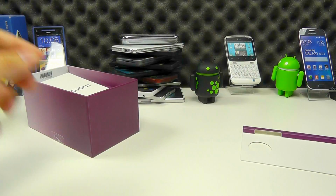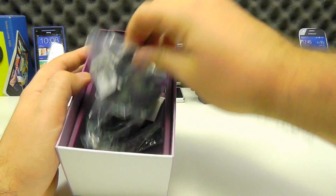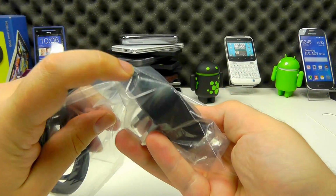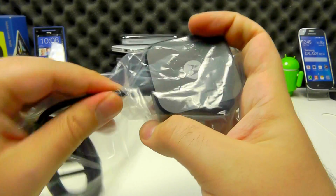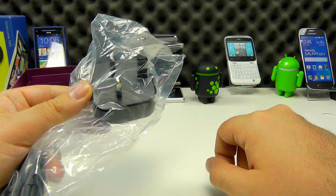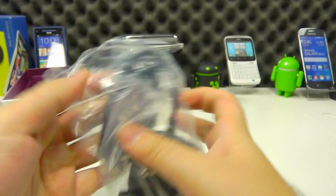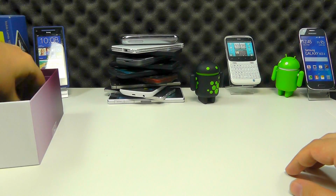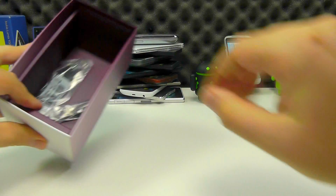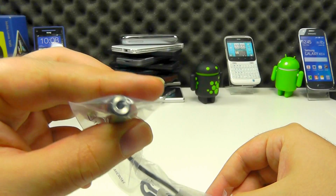So off with that one, and over here, rest of the content, paperwork, quick start guide and all the rest of it. Here is the turbo charger. So Moto are providing a hardwired charger, so that's not a separate USB cable. This is wired directly into the plug head. 3-pin for the UK stock you get from Clove. Obviously you'll get the correct unit for your region if you buy from elsewhere, and there is the USB-C connector, and that is using Qualcomm turbo charging, so you can get 50% worth of battery in something like 15 to 20 minutes. SIM tray tool, get your SIM tray thing out, and here is the USB-C reversible to headphone connector,